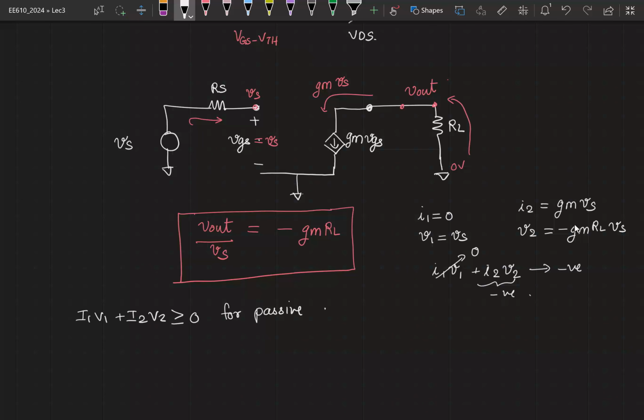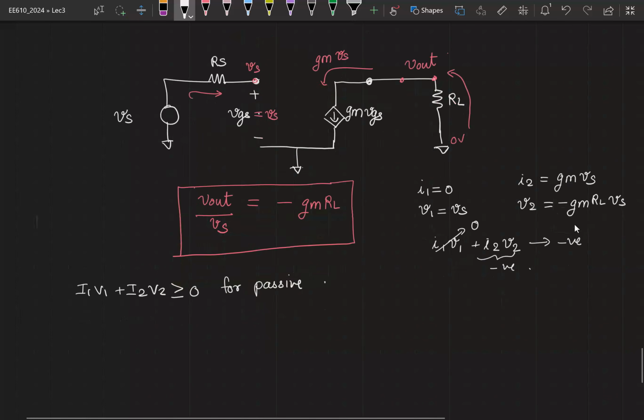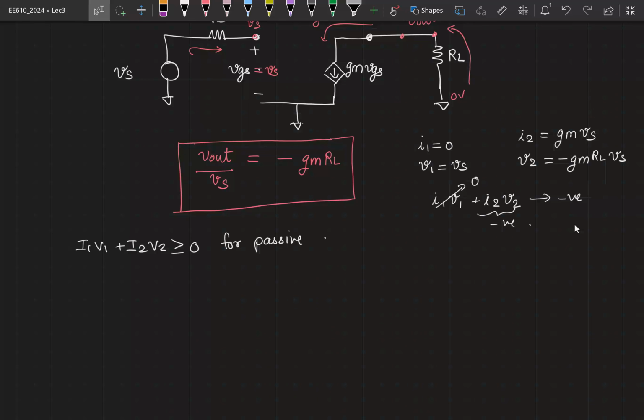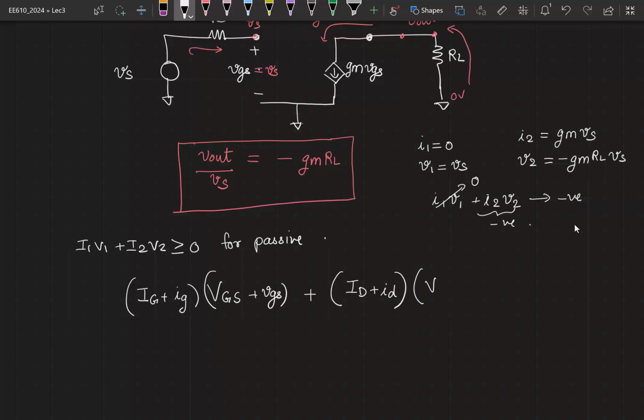If you relate only the incremental voltages and currents, and if you calculate the power according to that, then you see that it is an active device, right? But if you were to look at the full voltage and the full current, right? So the full voltage will be some Ig plus the small signal current into some VGS plus the small signal VGS, plus there is some drain current plus a small signal fluctuation around it, and there is some VDS plus a small signal VDS. Then you will see that of course the first term still goes to 0, but this will